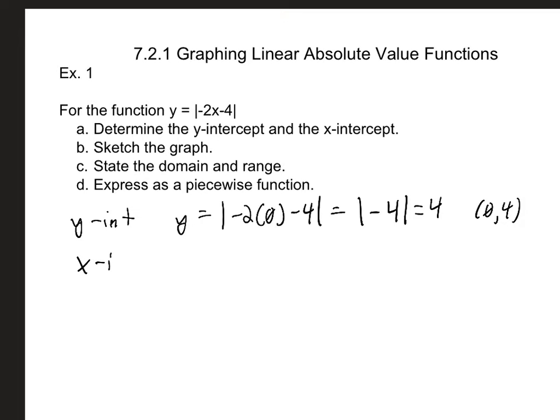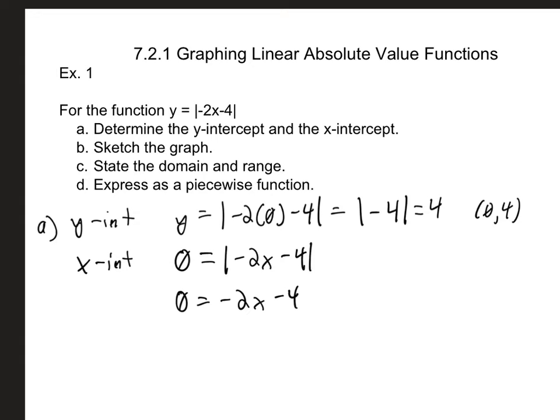Next, let's find the x-intercept. To find the x-intercept, we want to make y equal to 0. So this will be 0 equals the absolute value of negative 2x subtract 4. And this is simply the same thing as saying 0 equals negative 2x minus 4. Now, why is this the case? Well, if you recall, at the